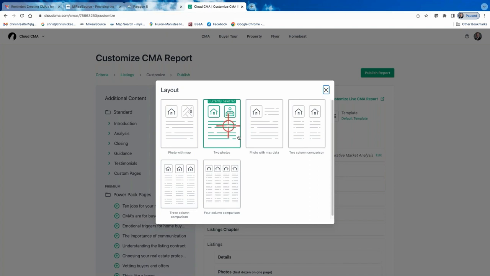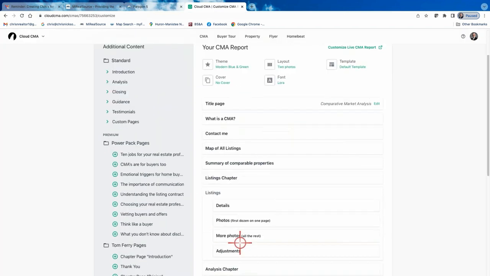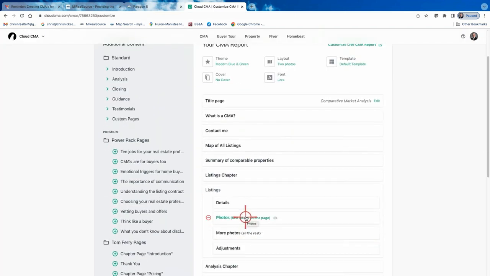We talked about photos. I don't want to go to photo with max data, because what happens with photo with max data is it just gives you more information over here about the house. I don't like that. Matter of fact, I don't like all these photos in there to begin with. The reason I don't want to show 21 pages of photos to my prospective client is, again, this is my own experience, maybe you want to include all the photos, that's up to you. I don't include the photos because what ends up happening is it becomes a photo journal